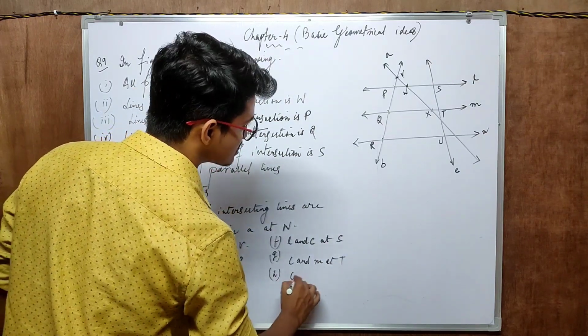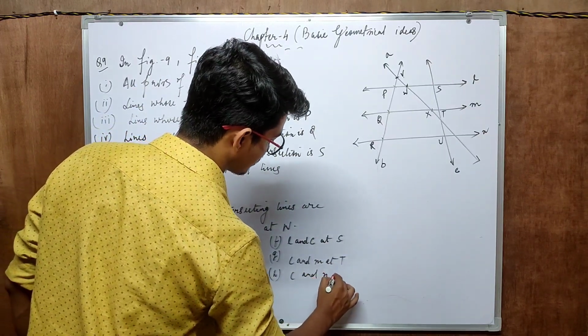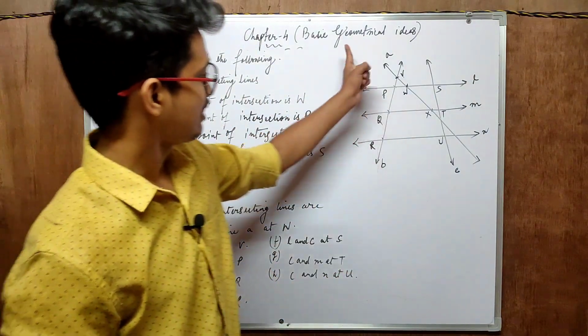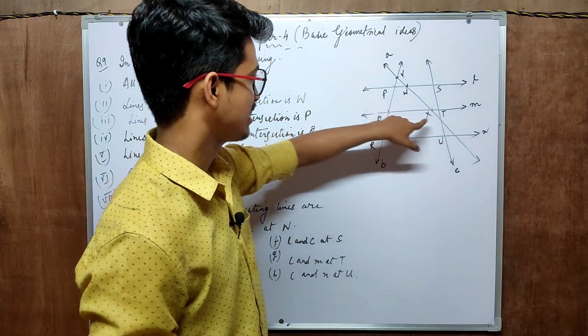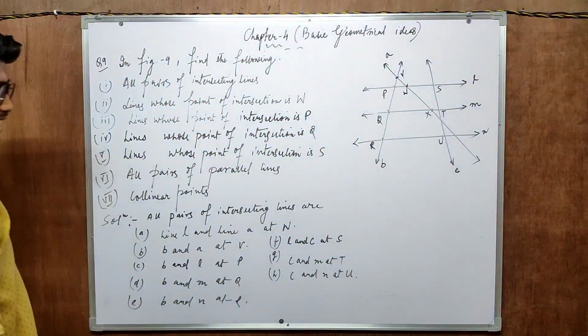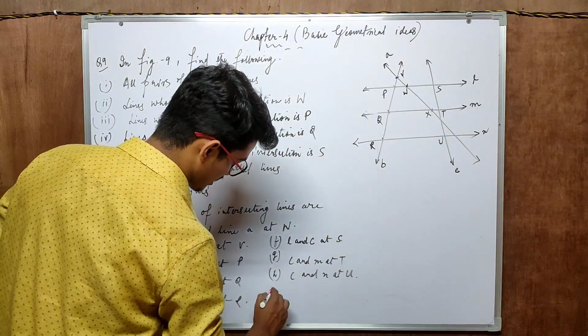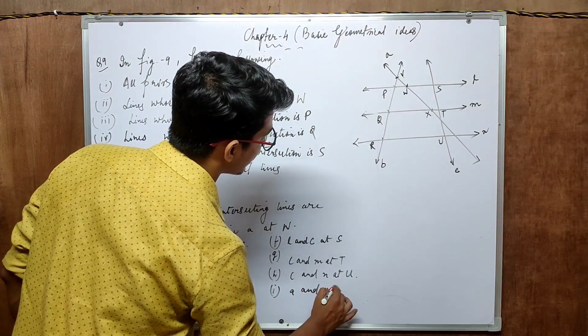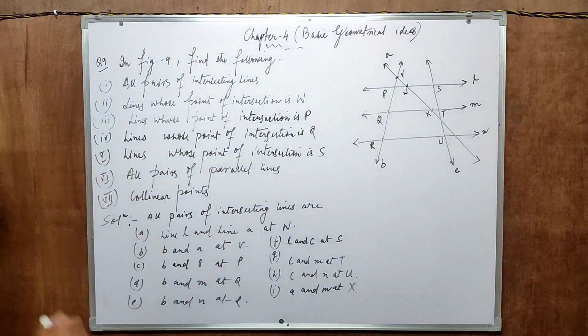H will be C and N at U. The other one will be A and M at X. A and M at X. Other than that, any other pair which are available,